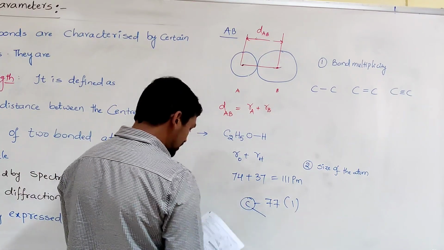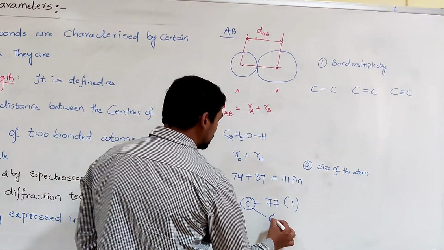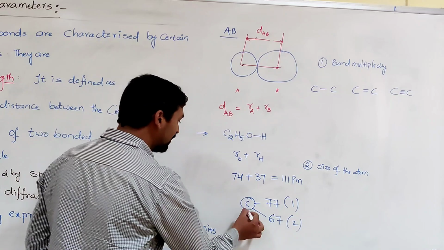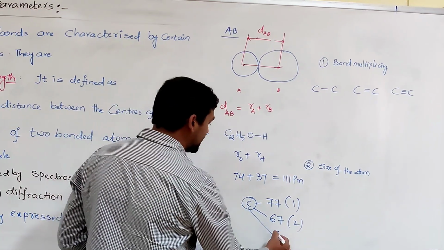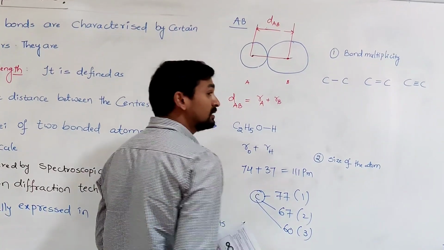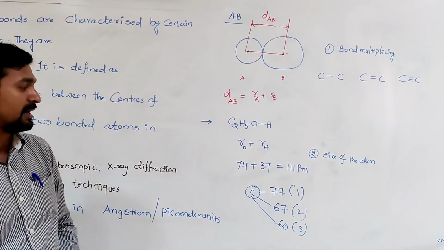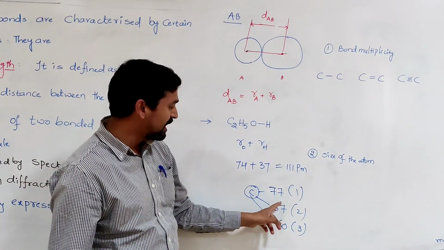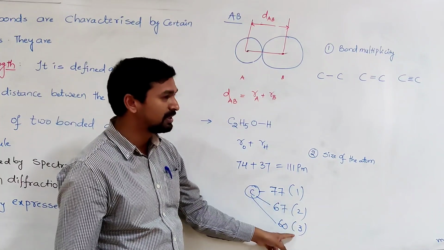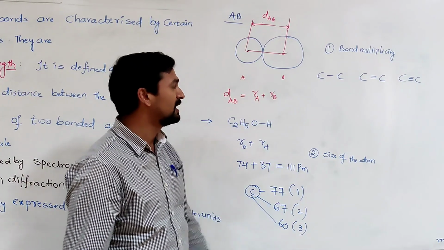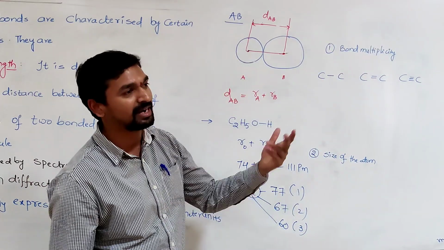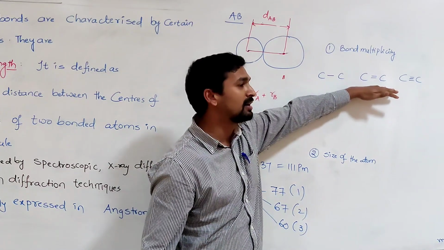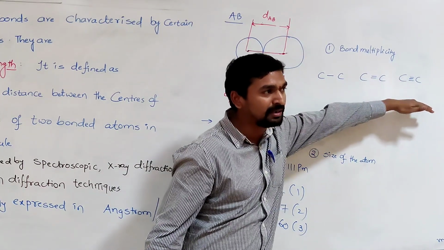The carbon covalent radius is 77 when it forms only a single bond. The same carbon, if it is involved in a multiple bond, has a covalent radius of 67 when it forms two bonds. Whenever it forms three bonds, the covalent radius is 60. That is the triple bond formed between the two carbon atoms. Even though the atom is the same, the covalent radius is different. This covalent radius is different whenever it forms different multiple bonds: single, double, triple. That's why we never get the same bond length. That's why the carbon-carbon single bond is different from carbon-carbon double bond and carbon-carbon triple bond.